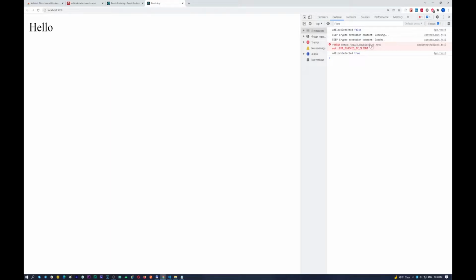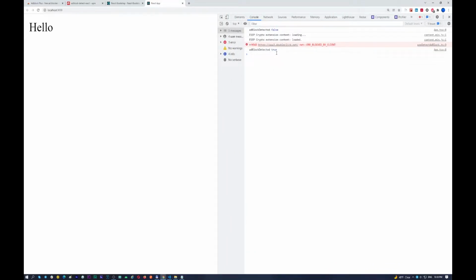well, AdBlock detected is false on the first render, and after the second render, AdBlock detected is true. And we have this message, error blocked by client. And what's going on in here? When the AdBlocker is enabled,